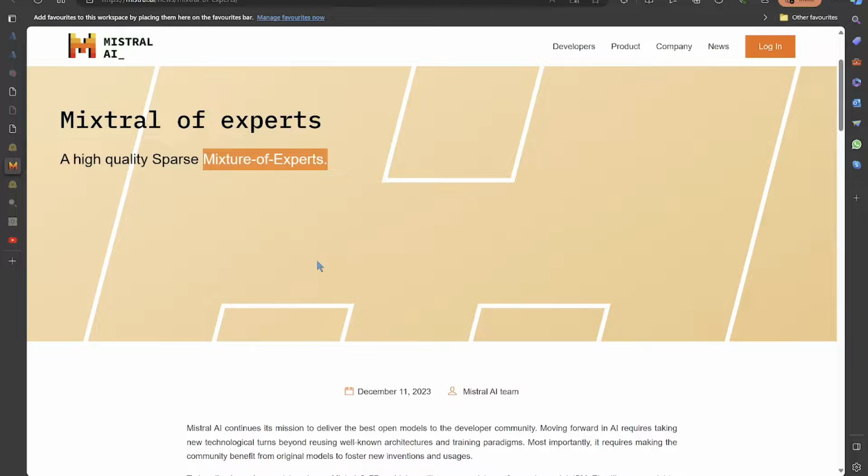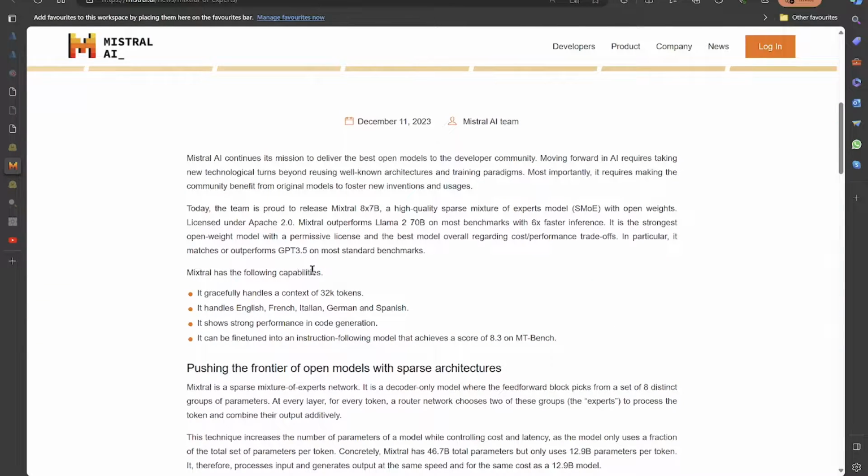And MOEs are a similar kind of approach, where an 8x7 billion parameter model is a collection of various models, and it performs extremely faster than large language models that are available, like Llama 70B. According to them it is 6 times faster.